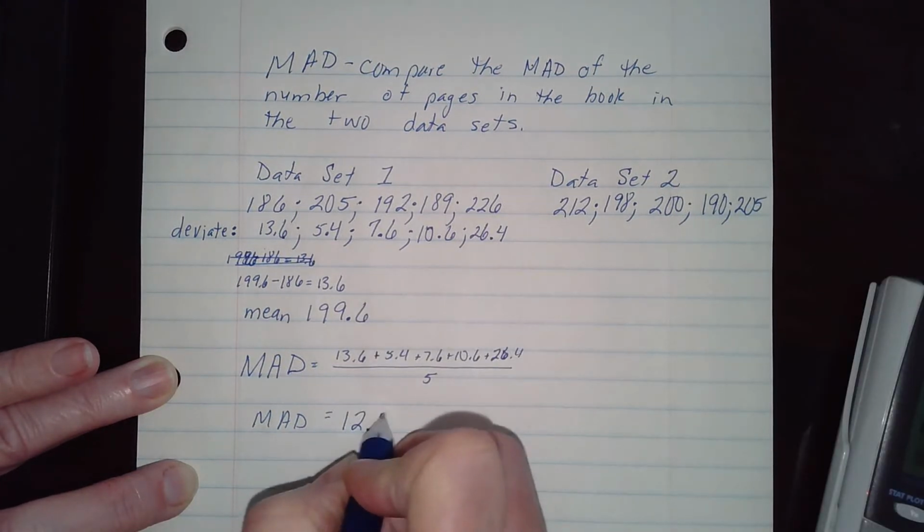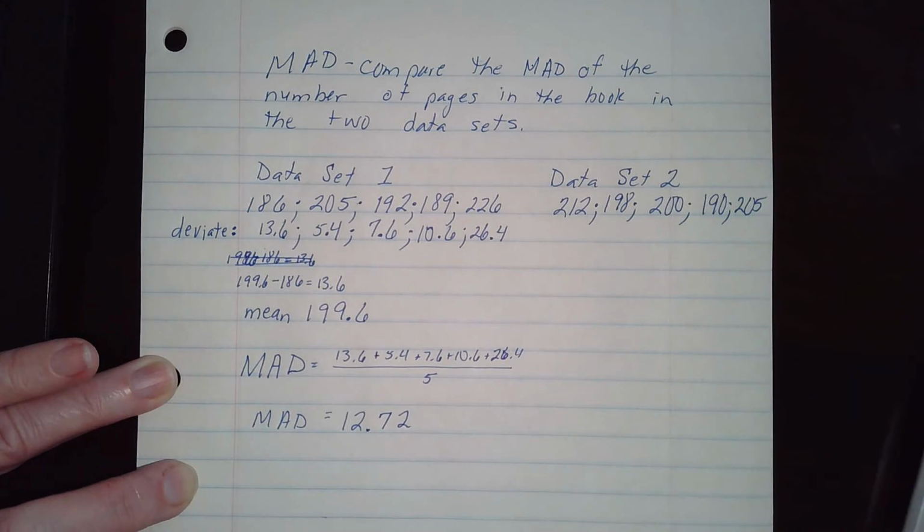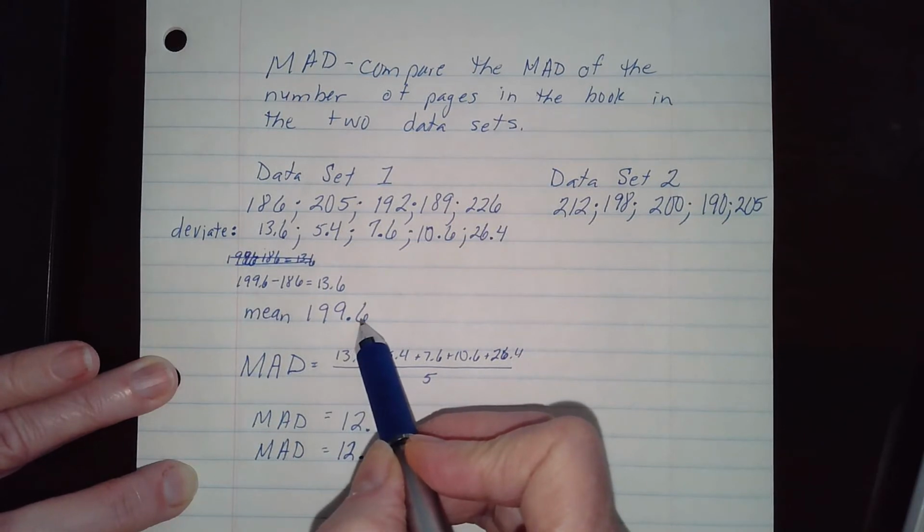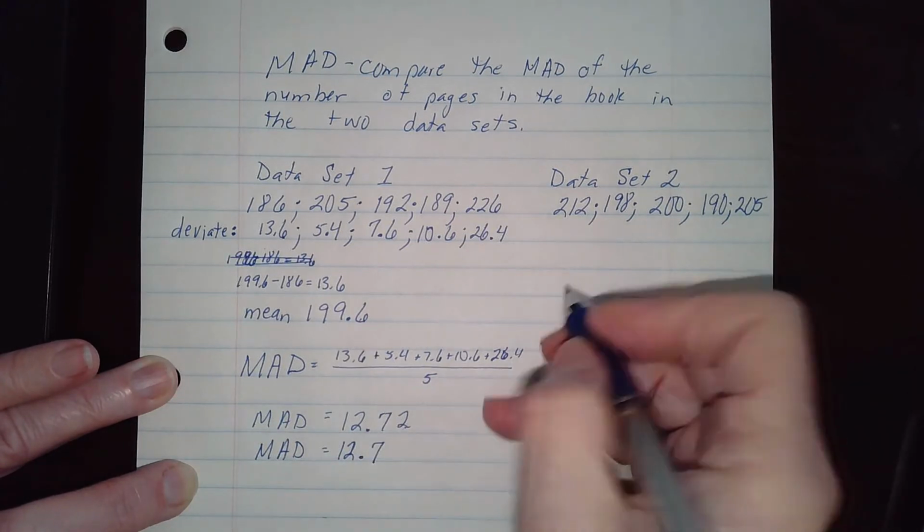So 12 and 72 hundredths is the deviation. If I rounded that to the nearest tenth, that would be 12 and 7/10. I take a look at the number in the tenths place, 7. The number next to it is smaller than 5, so I just truncate it. So typically, the number of pages would be within roughly 12 and a half pages of 199 pages. Let's go ahead and calculate the mean